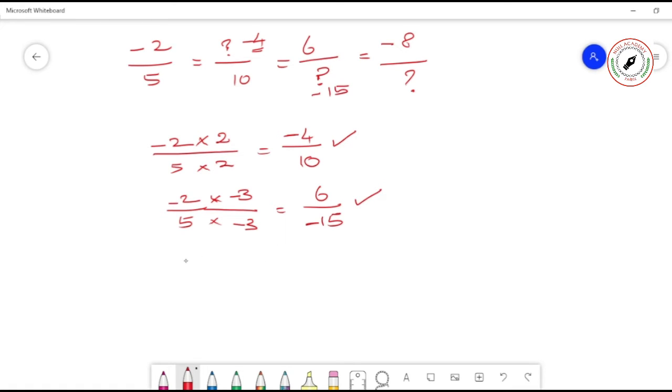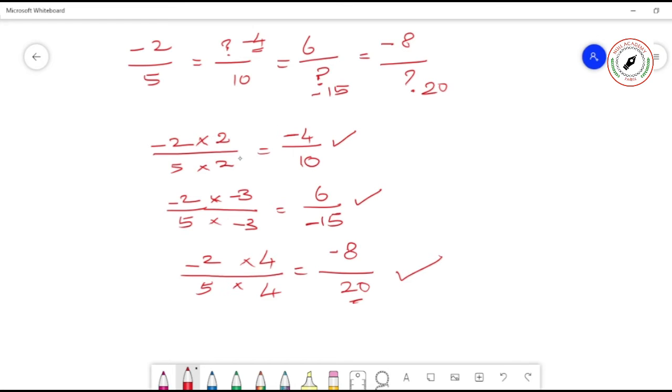So what is the third one? Minus 2 by 5. Now what is this? You need minus 8. And then tell me, 2 into 4. You will get minus 8. See, minus is already available. Minus 2 into 4, minus 8. And here also 4. 5 fours are 20. Okay. So here what will you have? 20. Correct? This is the solution.